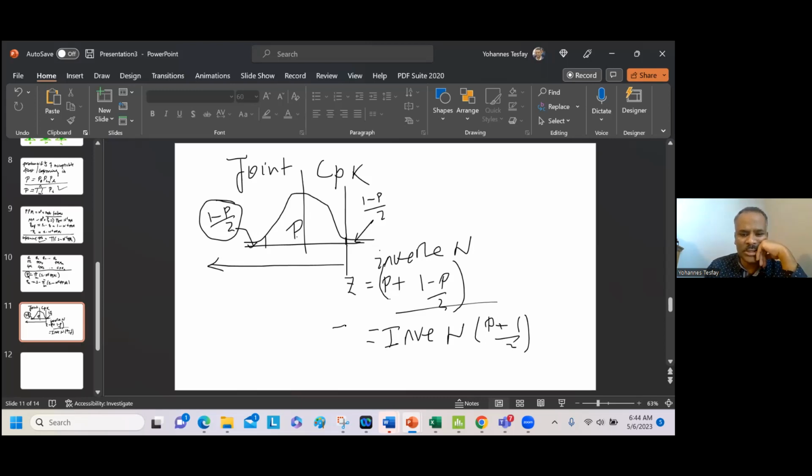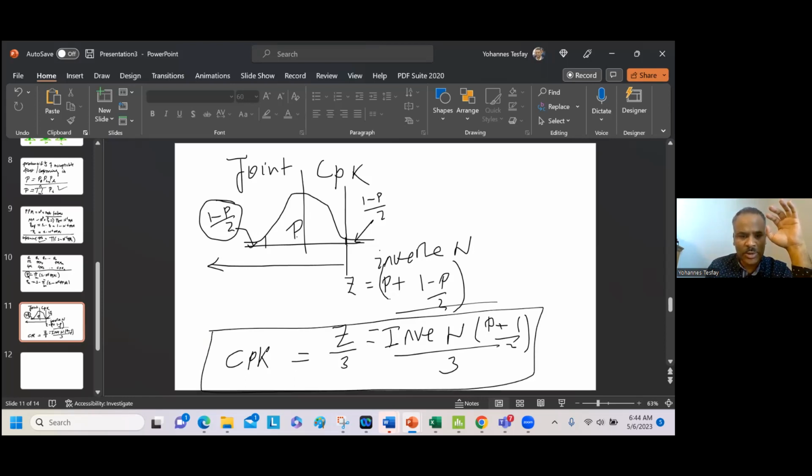So this is Z. So Z divided by 3, and this quantity is called CPK. So this is a joint CPK